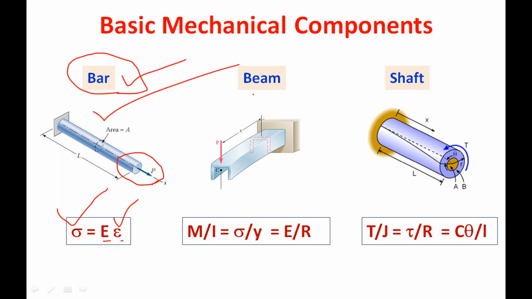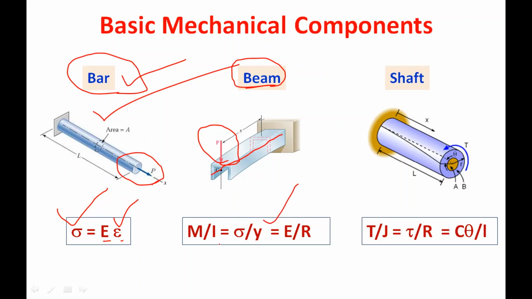Now the next one is the beam. What is a beam? A beam is a structural member which is subjected to transverse load. That is, the load will be acting perpendicular to the axis of the member. For designing this type of beam, we use the bending equation,